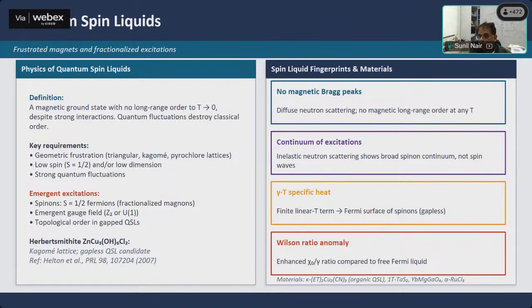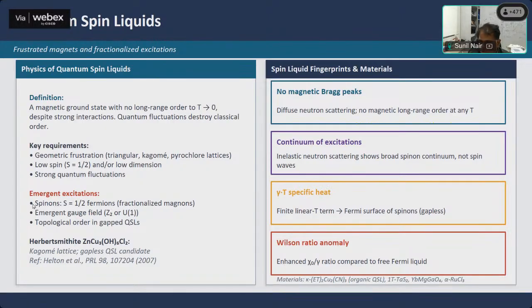So, systems which are inherently 2D, or even if they are not 2D, if their physics is 2D-like, that means they are layered and only some magnetic layers in between are where all the action is happening. Then you have what is known as a quantum spin liquid. These are systems where you do not have magnetic order, but strong quantum fluctuations will exist from the lowest temperatures to reasonable temperatures. And the reason this is important in the context of quantum materials is, of course, that a lot of interesting physics is happening here.